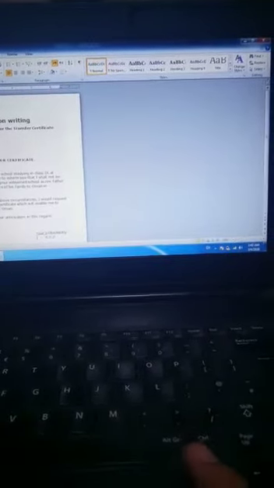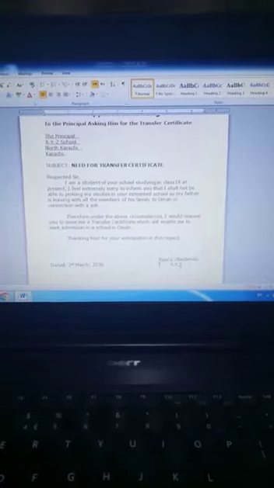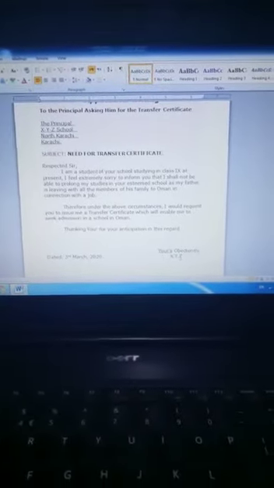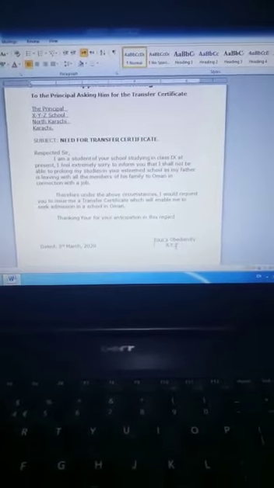See, our application started in the first page at the top and then ends at the end of the page. Be careful, your application should not go into 2 pages. Some of the students make this mistake. They started from the middle of the paper, and then the application goes on to the next page. This does not look very